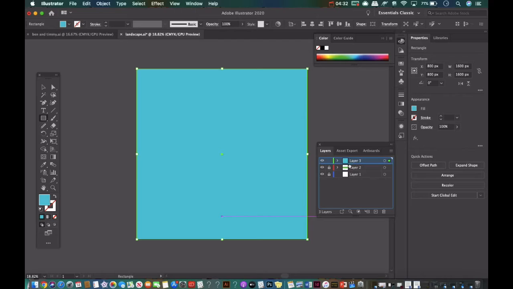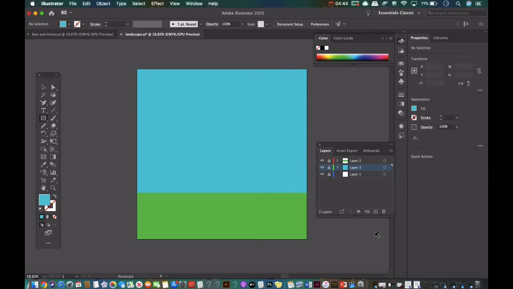So when you put a layer underneath layer 2, then it's going underneath, so it will show. So just make sure that you do that, or otherwise it'll look like this, and you won't have the full design you want. So now we have the sky done, so now we're going to do the bark of the tree. So we're going to do another layer,